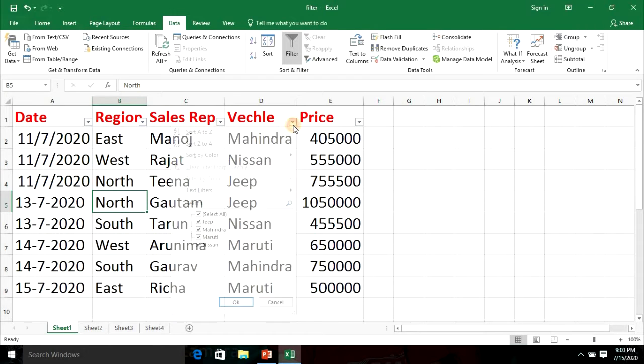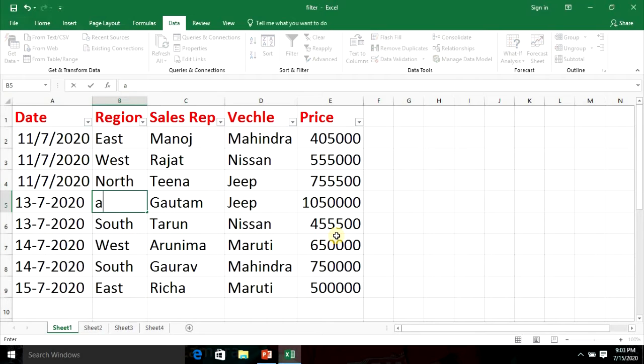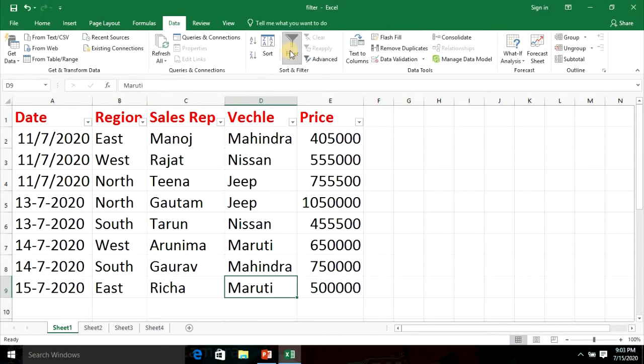So this is the way we can do it. I can remove it by clicking on it, or another way is to press Alt, A and T. It will be removed.